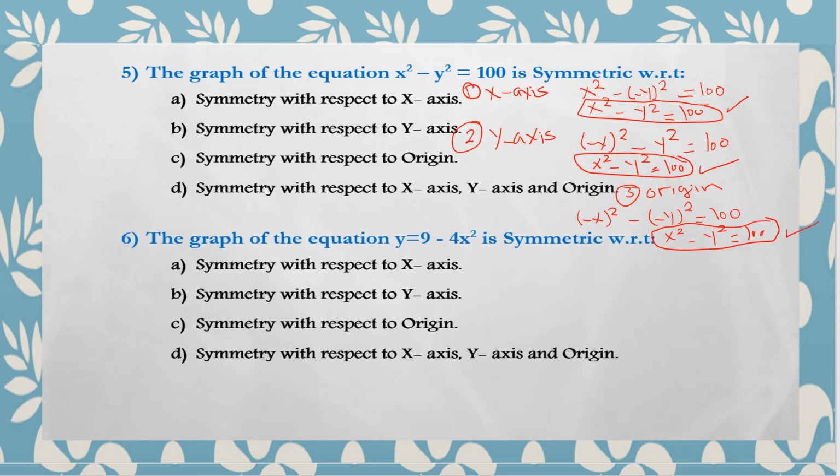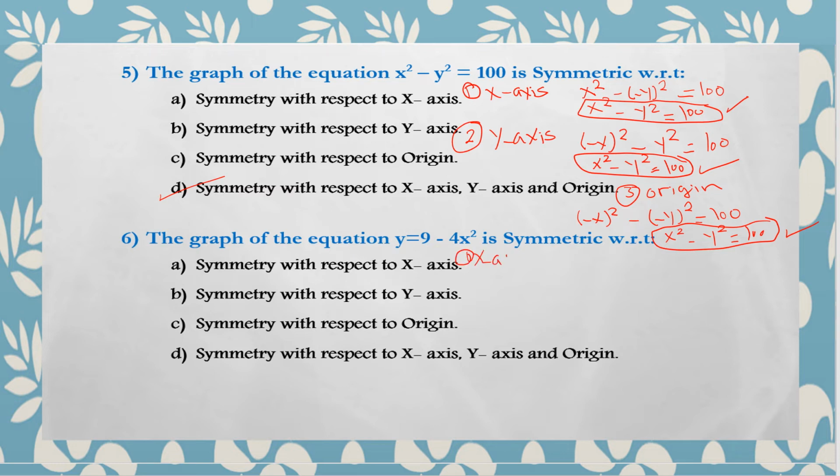So this is symmetric to the origin. So this function is symmetric with respect to the x-axis, the y-axis and the origin, and the correct answer is D. The graph of the equation y equals 9 minus 4x squared is symmetric with respect to, again, for the